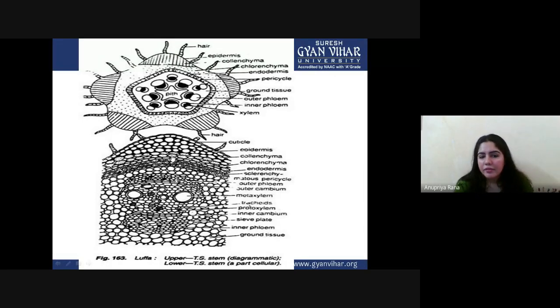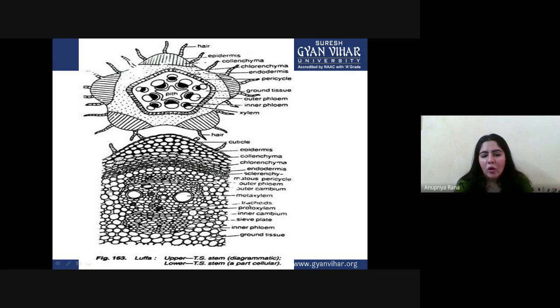After these chlorenchymatous cells, we have the endodermis here. The endodermis is this very light structure. It is made up of barrel-shaped cells, and they also have starch grains in them. After this comes a very dark structure, the pericycle. Why is it looking so dark? Because the pericycle here is made up of sclerenchymatous cells. That's why it is very dark in color.